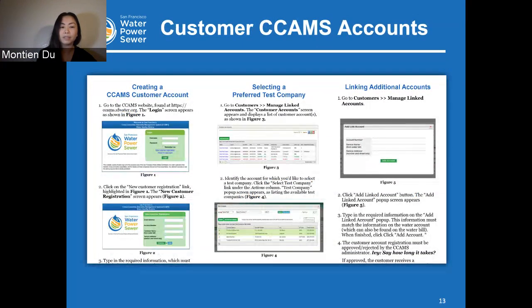Customer CCAMS accounts. CCAMS now accepts customer accounts. It's easy to sign up. In a few minutes, customers go to CCAMS and register, and their accounts will be approved within 1 business day. These accounts allow customers to choose one or more preferred test companies and have those companies notified when their assemblies